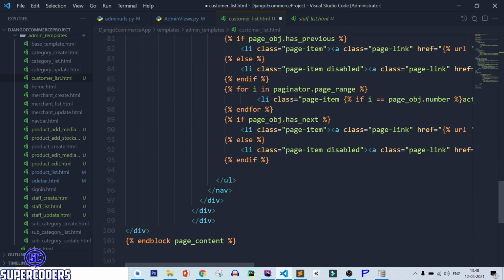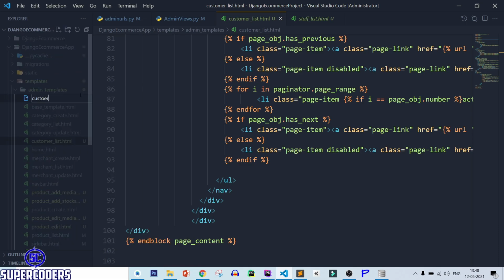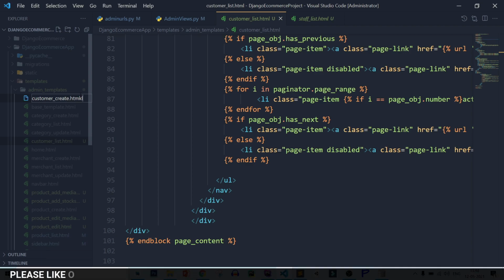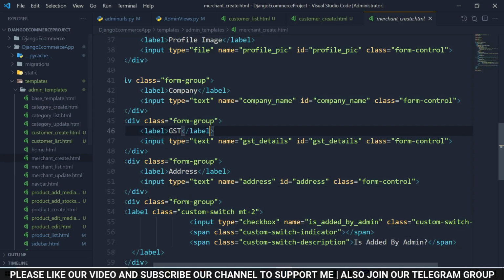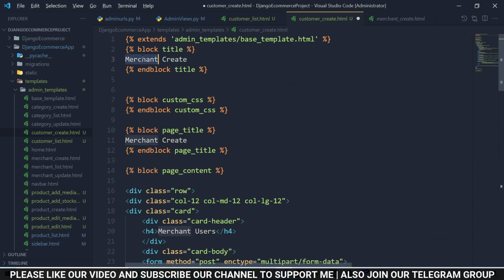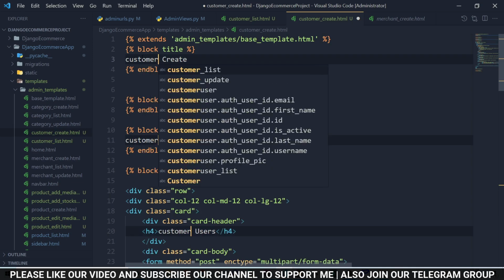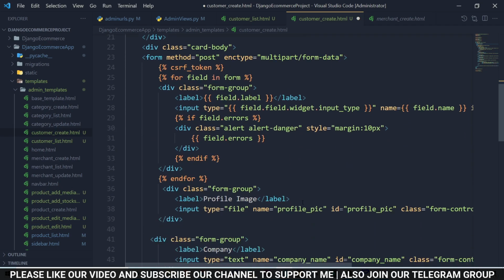So save this file. Let's create a new file, customer create.html. Copy the merchant create code, copy it, customer create, paste it, select merchant, customer, customer, customer, customer. After that,